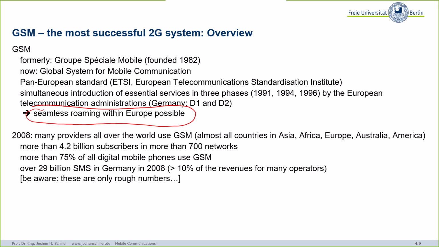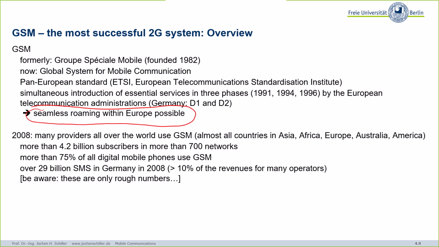I think on this planet there are only something like 190 and something countries, so there's no precise number because it depends on how many countries are accepted by the United Nations and what is a country, etc. But that's a different thing. So, well, I'm not from political science, so it's used in many regions. Rough numbers. And GSM was successful, but also services like SMS were very successful.